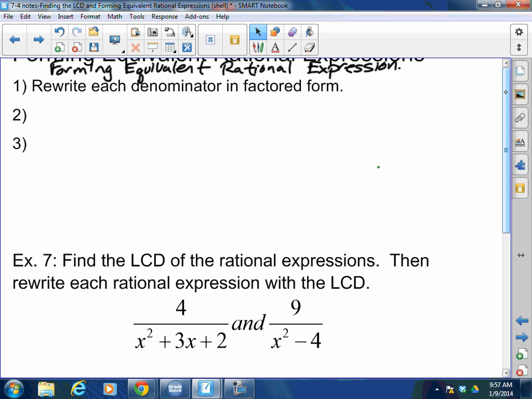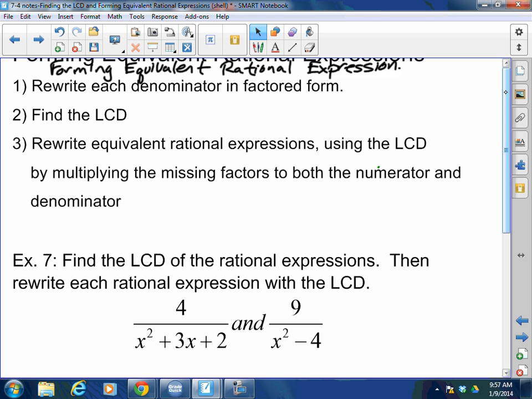So step 1, rewrite each denominator in factored form. Step 2, find the LCD. We already know how to do that. Step 3, rewrite the equivalent rational expressions using the LCD by multiplying the missing factors to both the numerator and